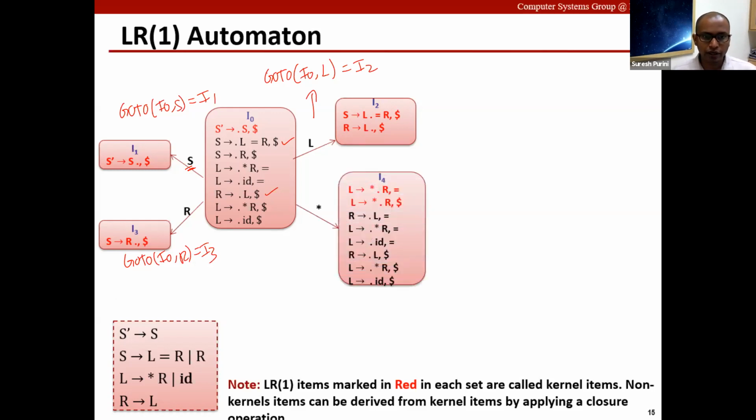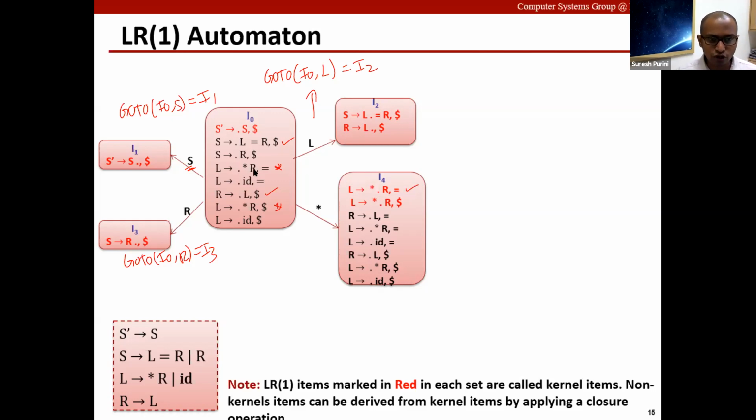Let's keep going. And when we move dot over star, this is what we get. So you can see that we can move dot over star from this LR1 item and from this LR1 item. And this LR1 item gets transformed into this LR1 item.